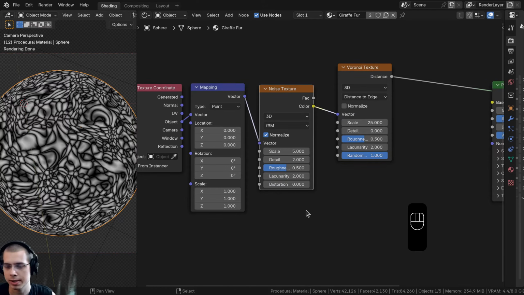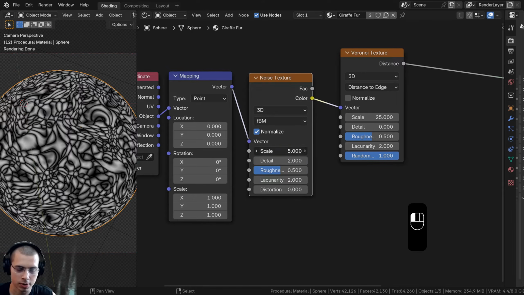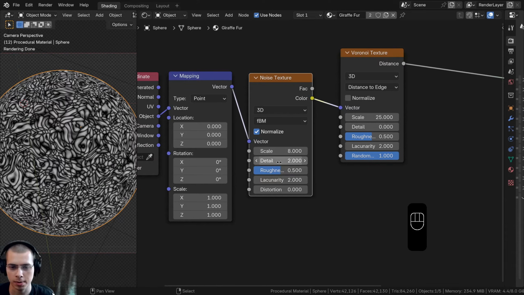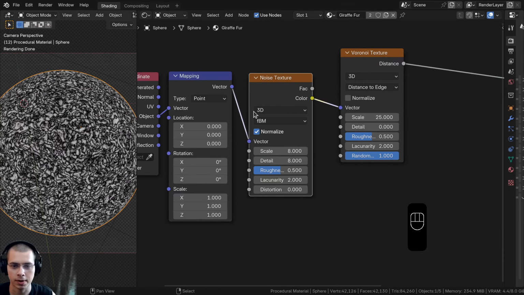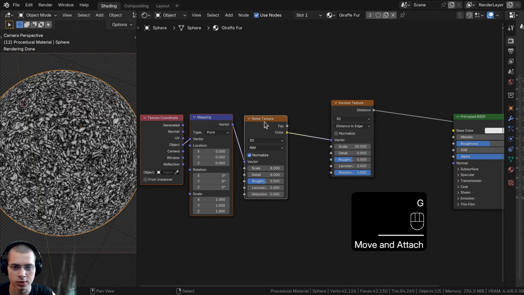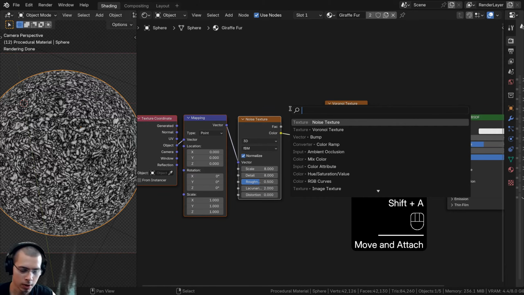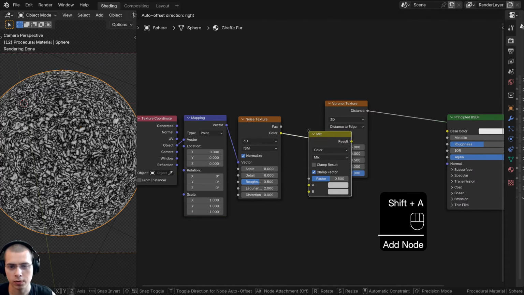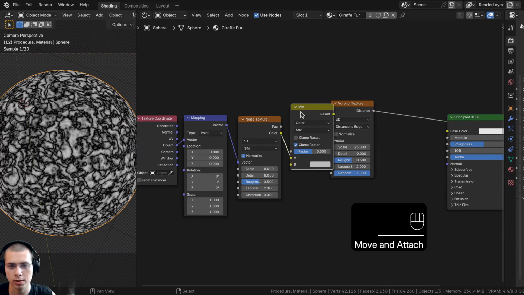So now let's change some of the settings of the noise. I'll turn the noise texture scale to 8. I'm also going to turn the detail to 8, and then I'll leave the other settings how they are. Now that's distorted way too much, so to have the noise texture have less of an effect over the Voronoi, I'll go to the add menu and search for a mix color, and we'll put this between the two